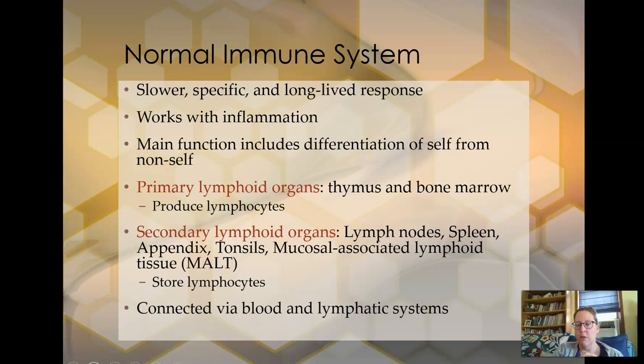And then that stays around for a long time. That is also the basis of how vaccines work: vaccines induce that slower, specific, and long-lived response to different, usually viral antigens,